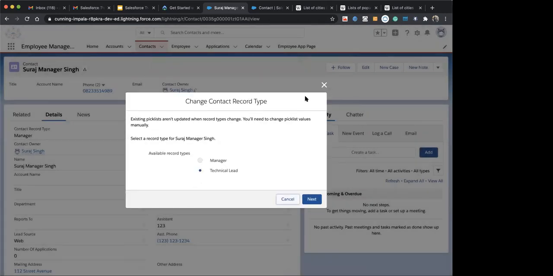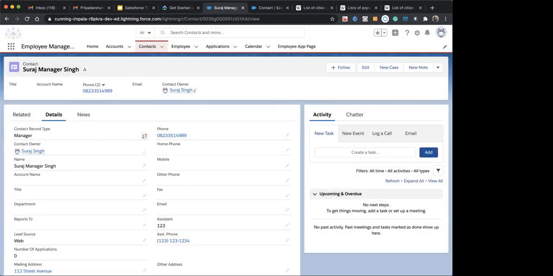If I change it from here, it will change. But when I work as a phone user, it will not be available here.